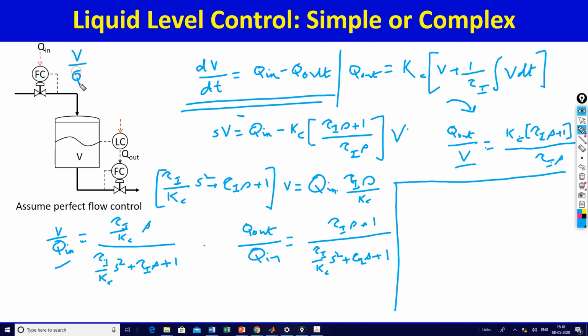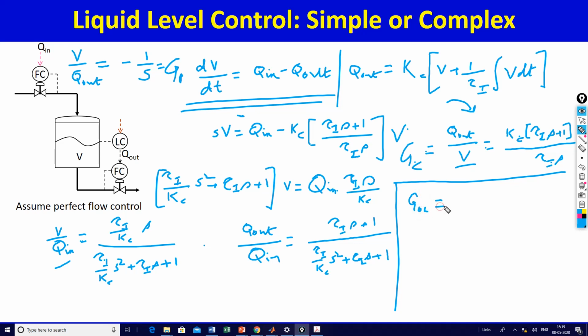That's G process, V by Q out. V is the controlled variable, Q out is the manipulated variable. That's equal to minus 1 by S. So that's equal to GP, and GC is in front of you, and Kc would have a negative sign and so on. Forget about all that. So basically what you get is G open loop